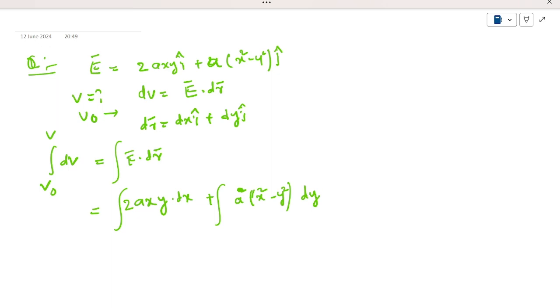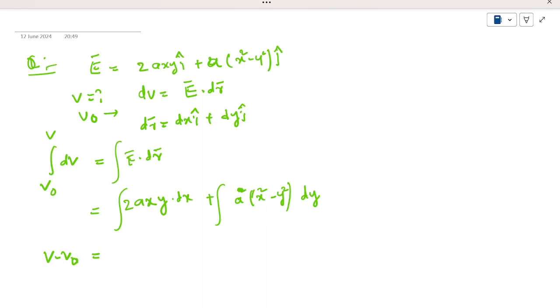In the dot product, i dot i is 1, and the remaining dot products are 0, j dot j is 1. Because for parallel vectors the dot product exists, and for perpendicular vectors the dot product is 0, since the angle is 90. So now here is the integration, V minus V naught is equal to